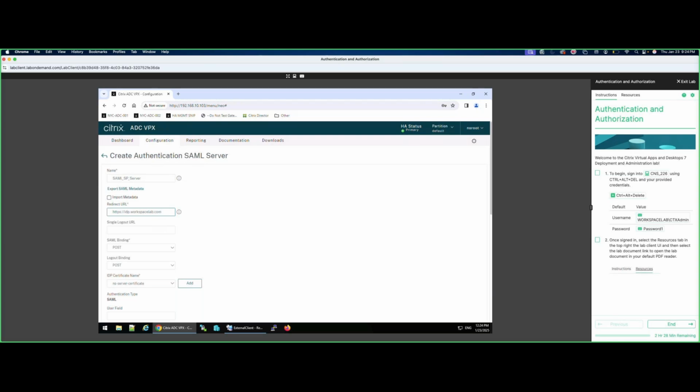.com/SAML login/login. All right. This is where I'm going to put the redirect URL, so you also need to create that in your DNS. And under the IDP certificate,